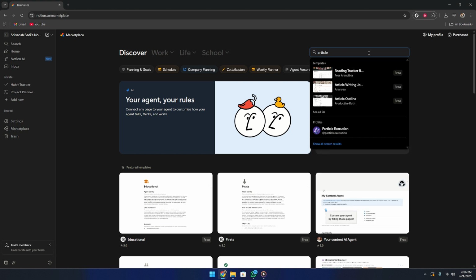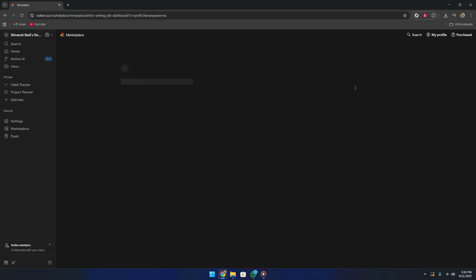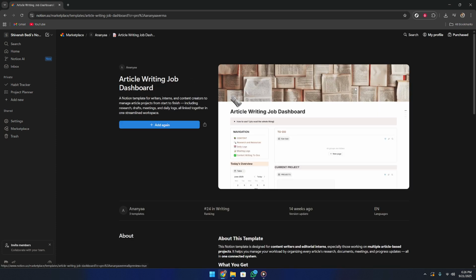Select Article Writing Job from the list of available options. Clicking on this will take you to a more detailed page where you'll find an Add button. Click this to incorporate the template into your workspace. By adding the Article Writing Job template, you're equipping yourself with a structured workflow, which is incredibly beneficial for managing